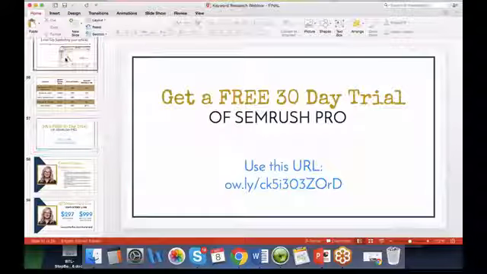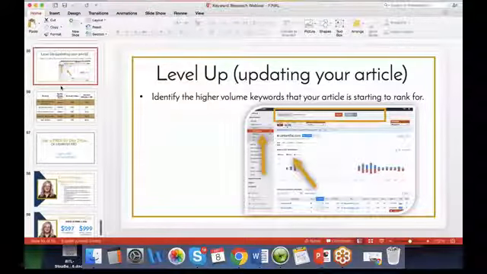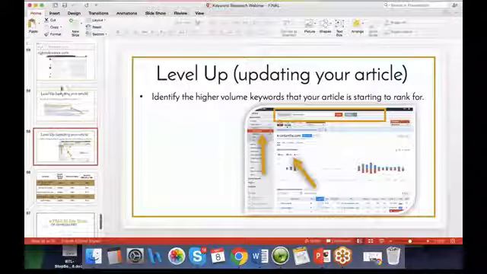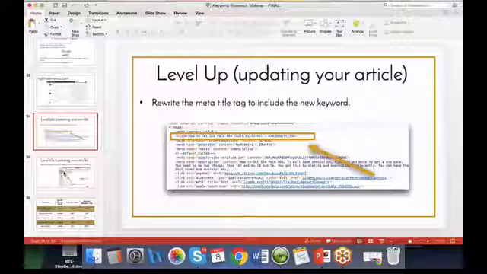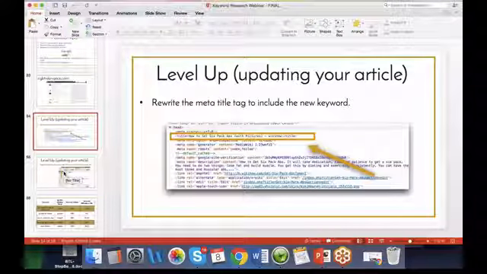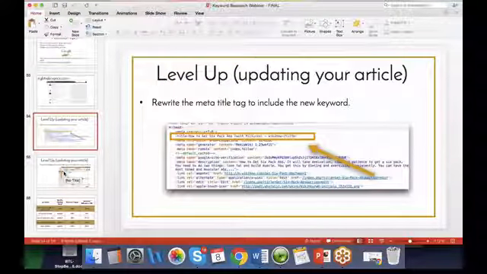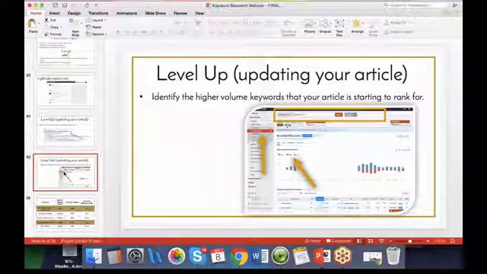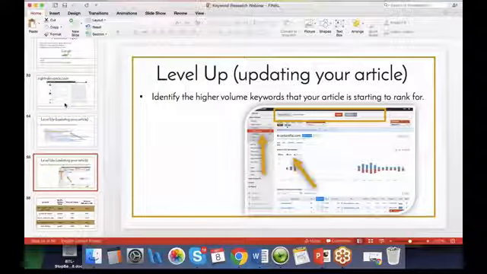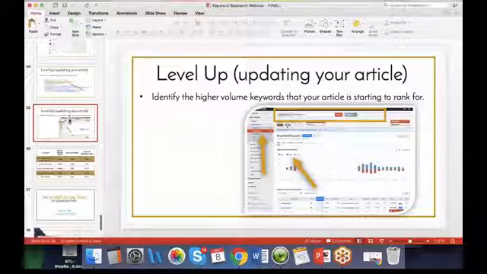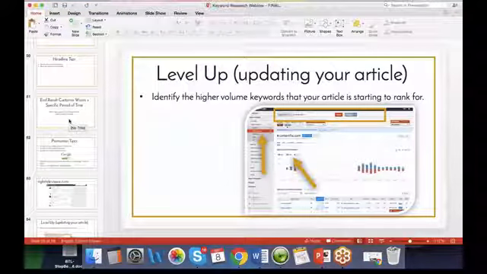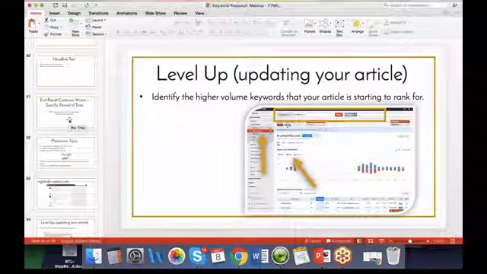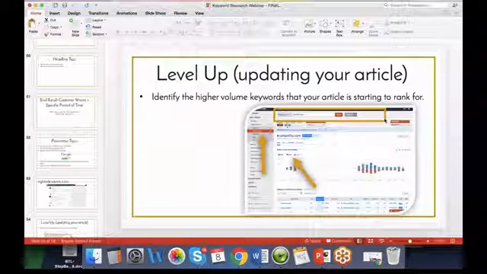That is amazing. So in the position change report, and I have a screenshot right here, Carrie's going to open it. In the position change report, what you're going to see is when you put in your domain, you're going to be able to see these other keywords that are not on page 1, but they're on page 3, and page 4, and page 2. That screenshot right there, leveling up. And you're going to say, wow, that's great. How do I get on page 1 for those additional terms?